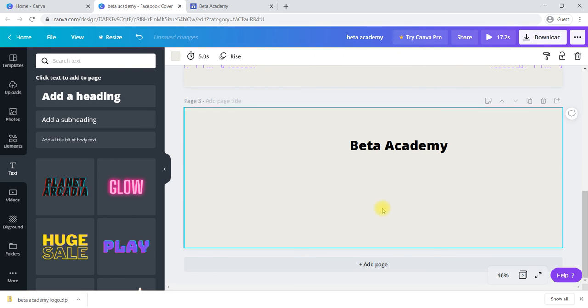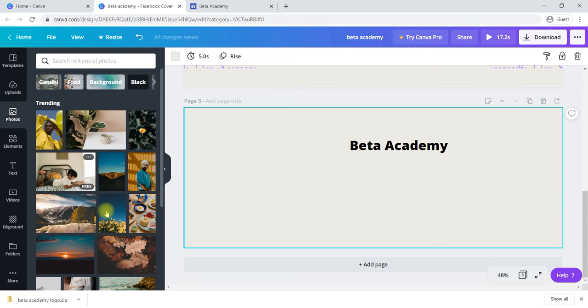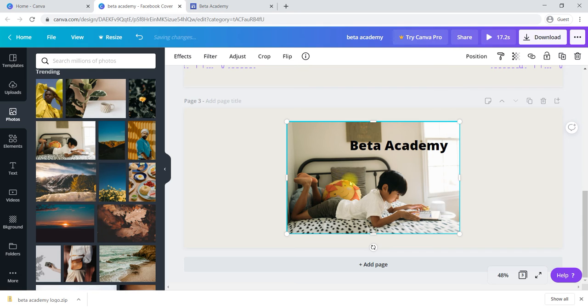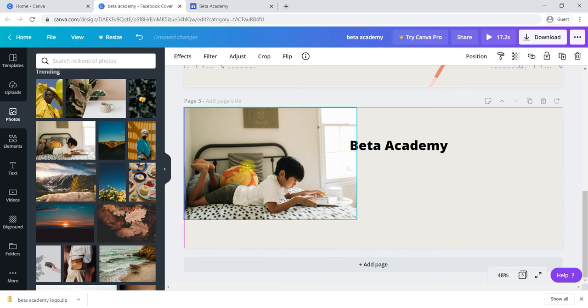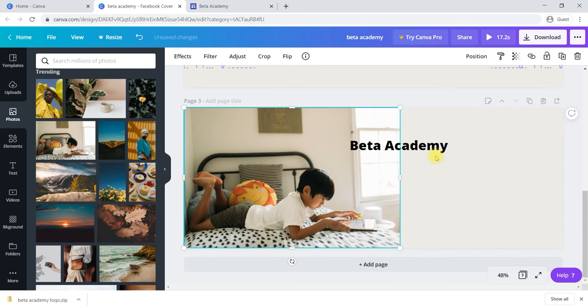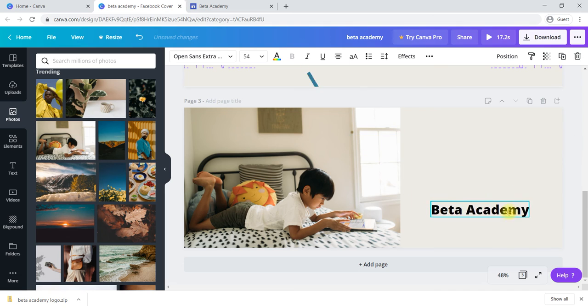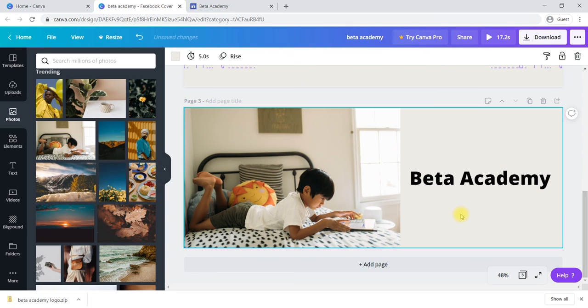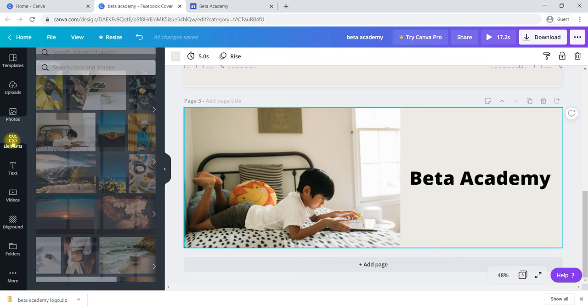Like this you can create your own also by using some of the photos. Go to photo and you can select one particular image. You can place it where you like, click and drag to place. You can select and drag to increase the size. Like this you can create your own banner by using a photo, by using elements.